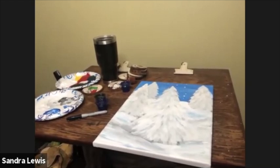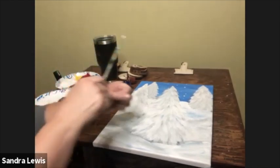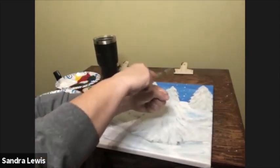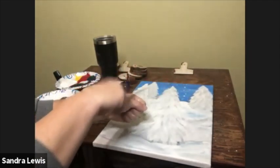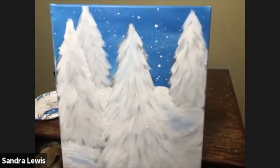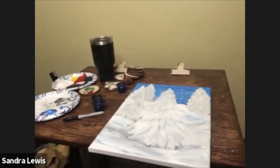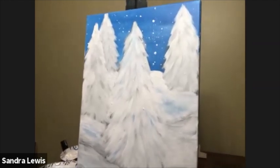I like the splatter paint option myself. So you hold it with your dominant hand, kind of karate chop this on here. And I want to get that snow all over the place here. And again, I'm getting it all over my drafting table here. So I'm not going to do a ton of it, but I do want you to see the difference the splatter paint makes, okay? Now, I would do a lot more snow on that. So if I were keeping this one, I would do a lot more snow on it. I would just really go to town with that splatter paint